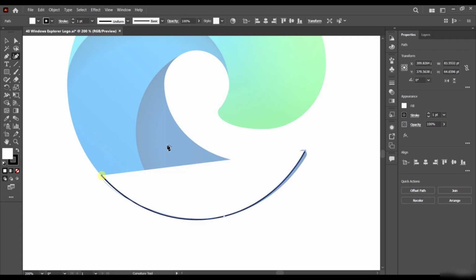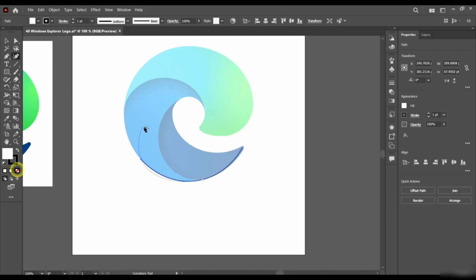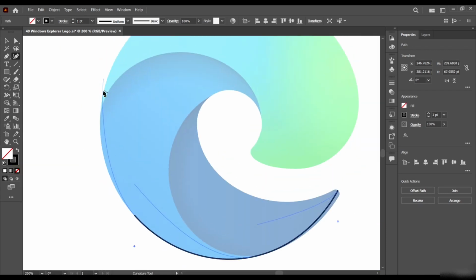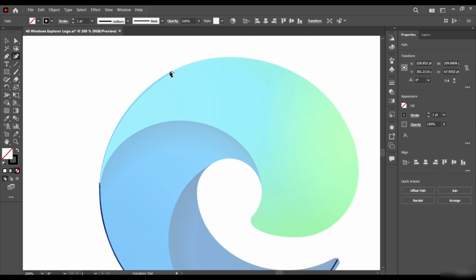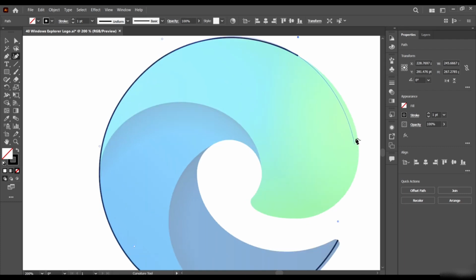It mustn't be perfect at first because we have the ability to work on our path after we are done drawing. Just try to redraw the design like this, following it from edge to edge, the way I'm doing, just like we learned in the video where we covered the curvature tool.